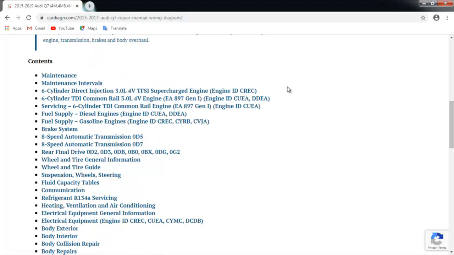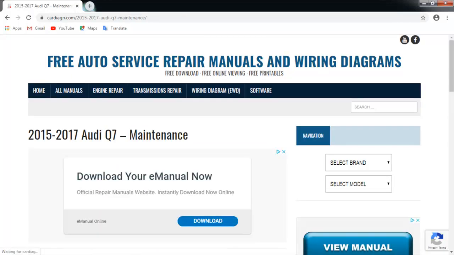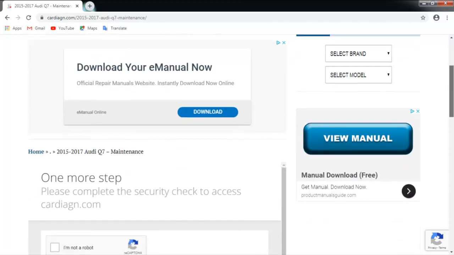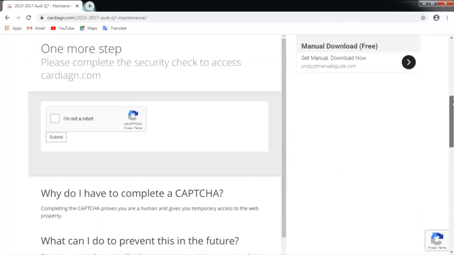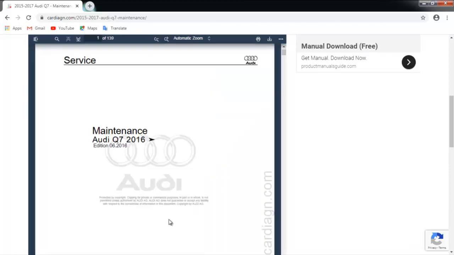So first off, we're going to just go through a couple of these with you. I'm going to click on the top one, which is maintenance. Now this isn't going to be uncommon. They want to make sure you're not a robot and just pillaging his site. So you may get one of these captchas. Just follow the directions simply enough. Okay, once you've gone through the captcha and it says you're not a robot,